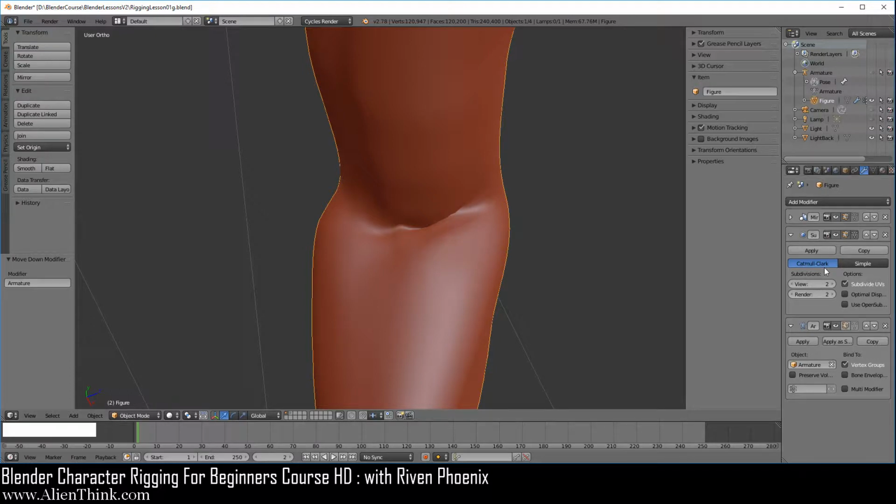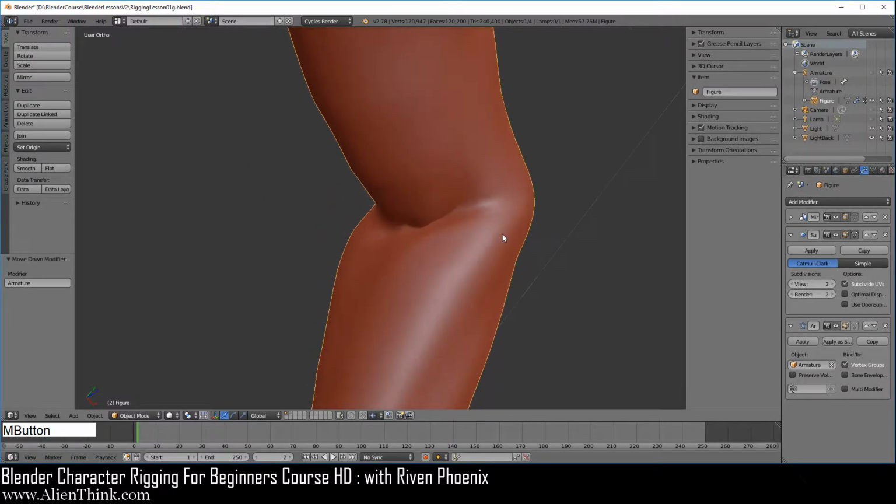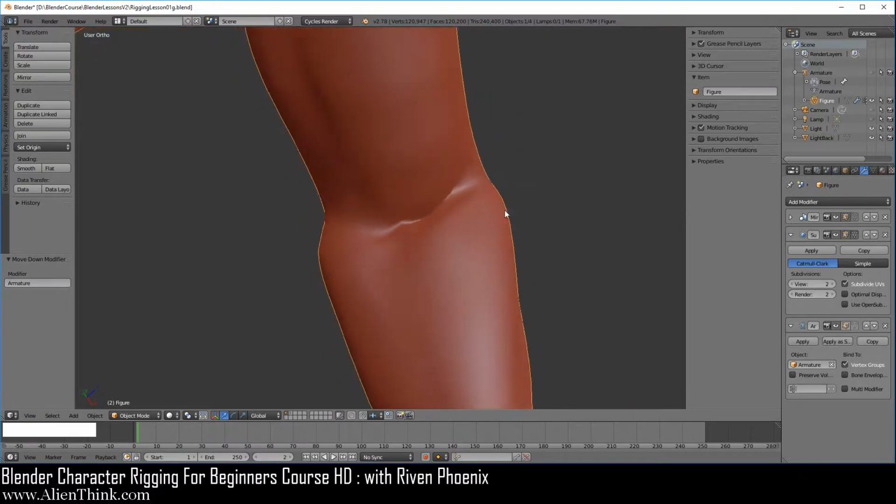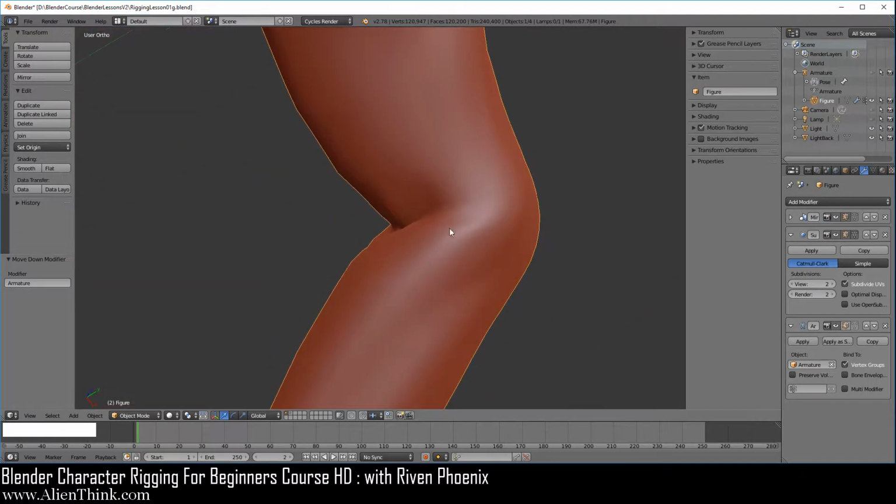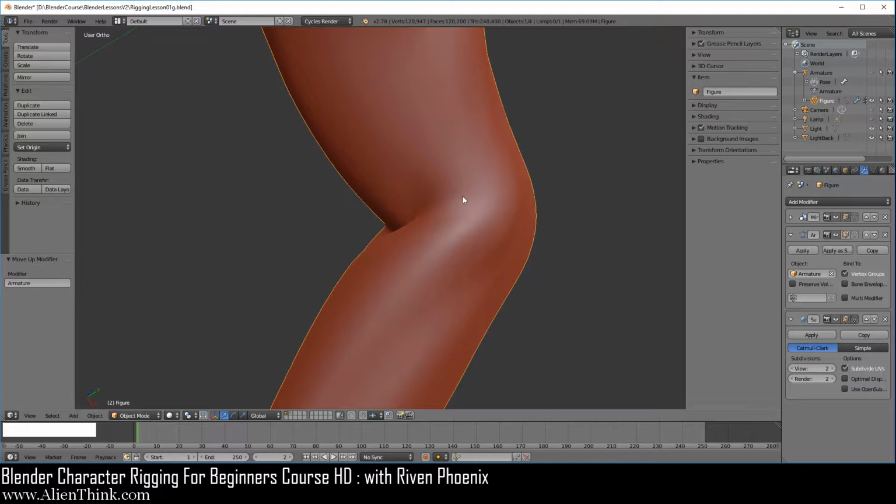This is because, again, we're telling it to mathematically create the faces, then we're trying to move all those mathematically generated faces with the armature, and this is where we're getting this weird behavior on these joints. It's not looking correct. But if we move it up over here, we get better deformations.